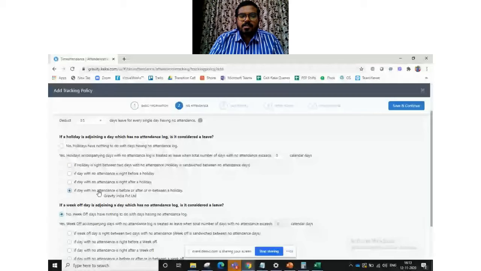So let's say if I select this, so let's assume I do not have any attendance for today. Tomorrow is a holiday because it's Diwali. So if you want me to penalize for 2 days, because tomorrow is a holiday and I did not apply any leave for today, if you want to penalize it for 2 days, you should go with this option.